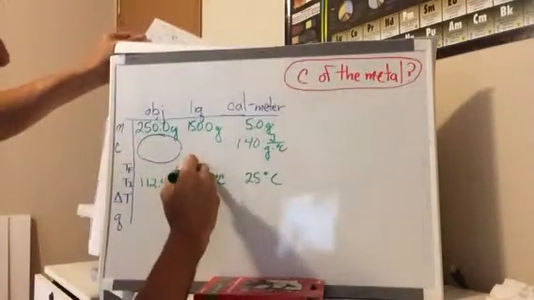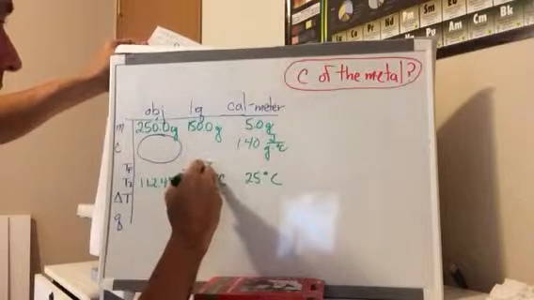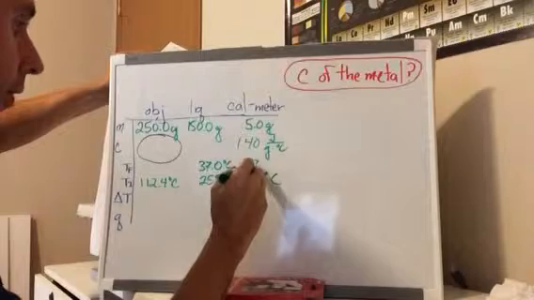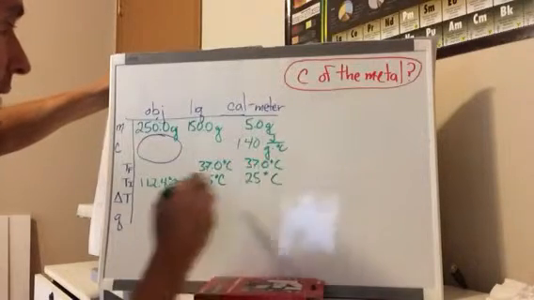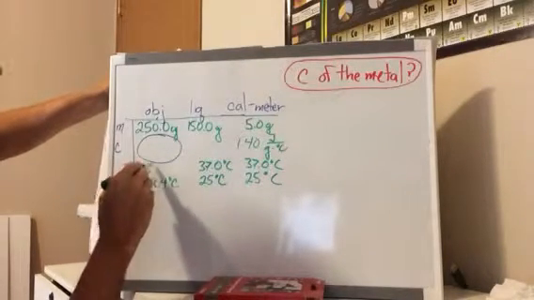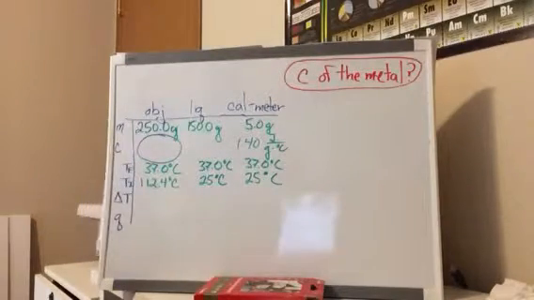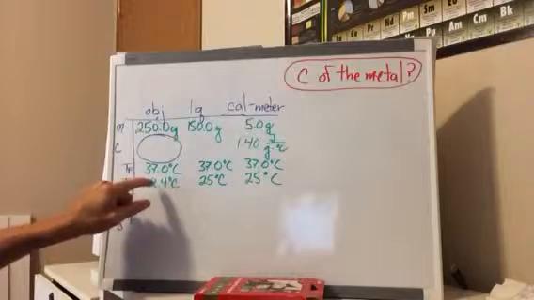degrees Celsius. 37.0 degrees Celsius. And the metal, 37.0 degrees Celsius. So, basic concept of a calorimeter is we put hot object